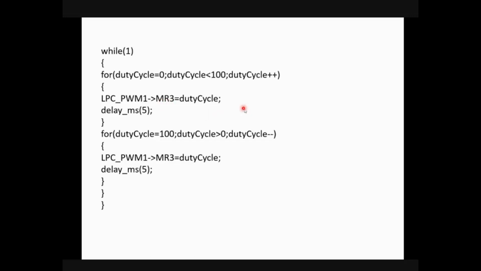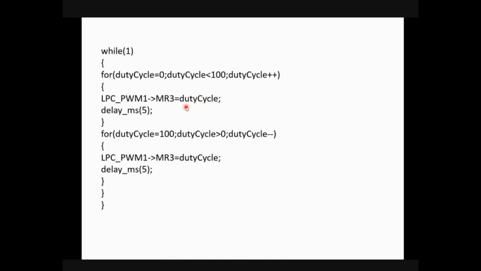So you will be getting a continuous high value. Then with a delay of 5, I have given the delay value here as 5. When the loop is completed, the delay loop will be completed.